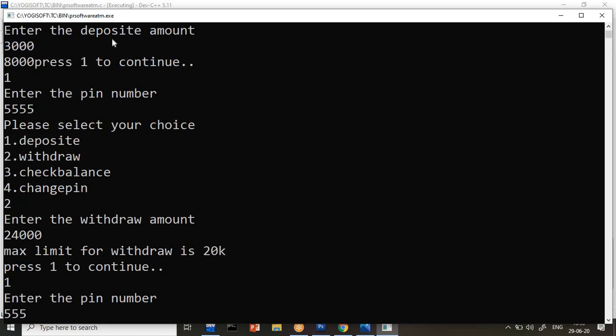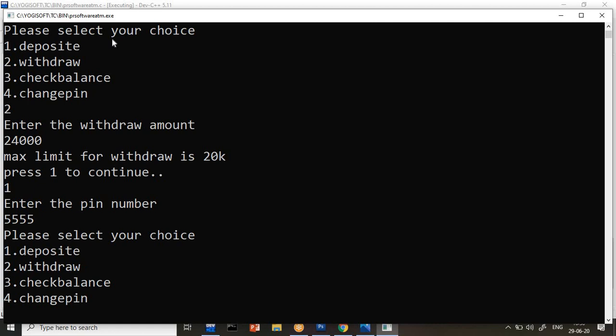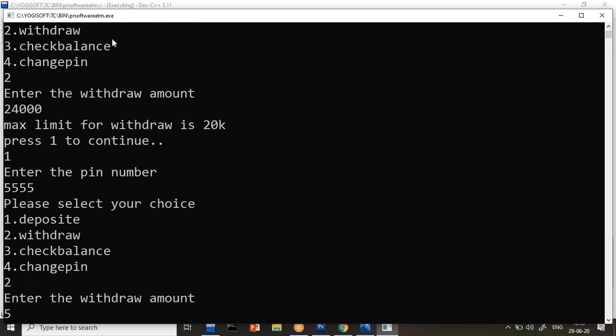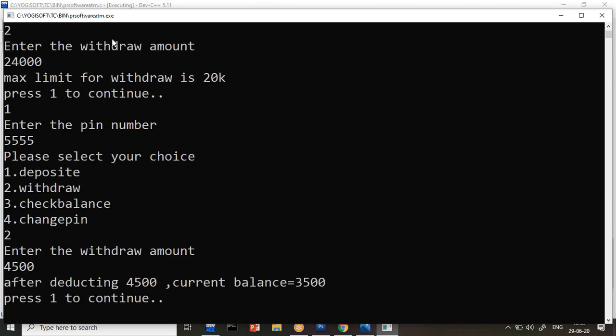Next, go with the second. Withdraw how much? Suppose I wanted to withdraw now 5,000, or we can say 4,500. Can I withdraw? Yes. So after deducting 4,500, current balance is 3,500 rupees. Why? Because in my account I am having 5,000 and 3,000 I deposit here in the deposit condition.